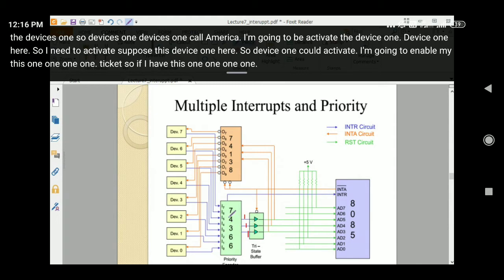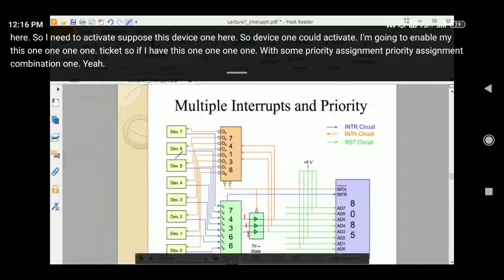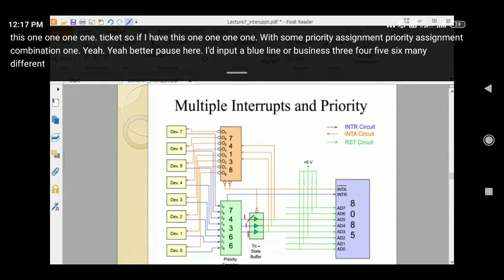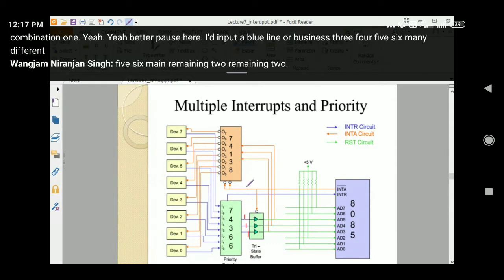So if I have this one 111 with some priority assignment में ये कितना combination हुआ? ये मेरे पास ये input line है, और बीच में जो भी है, बीच में 3 4 5 6 में ही depend है. 3 4 5 6 में remaining तो ये all the one है.